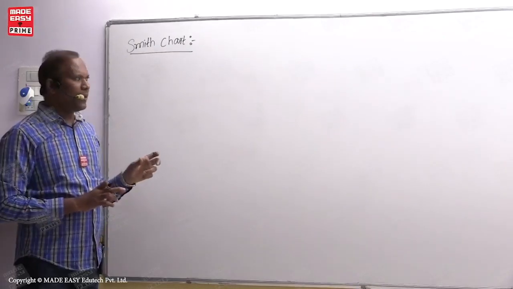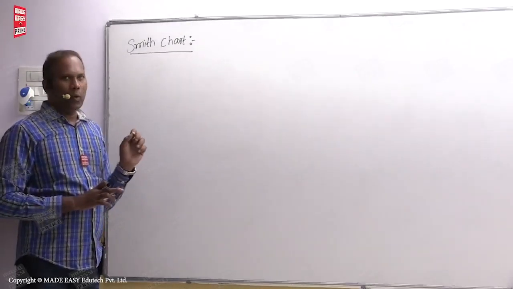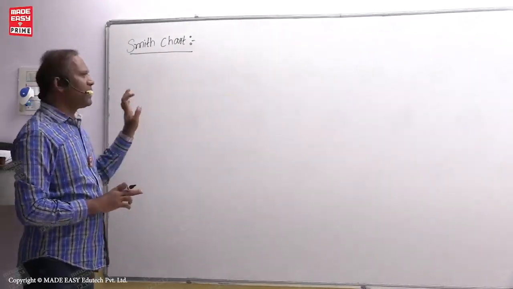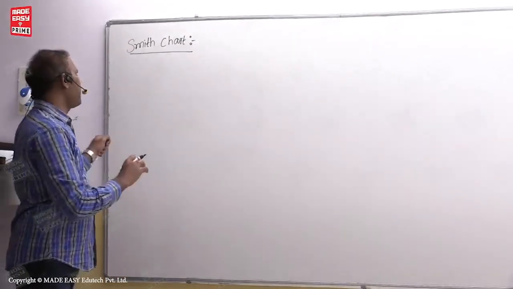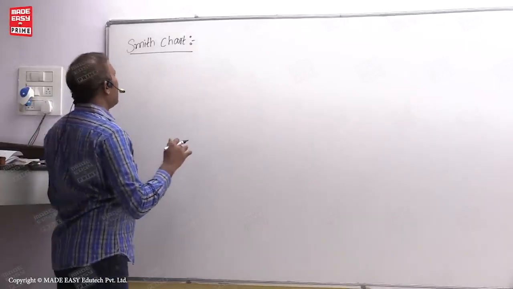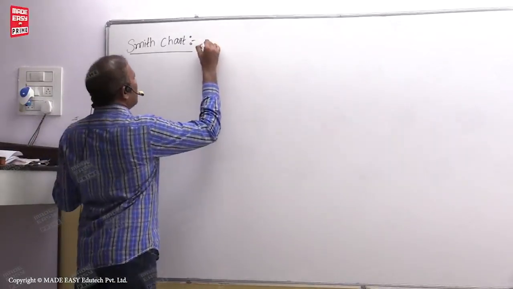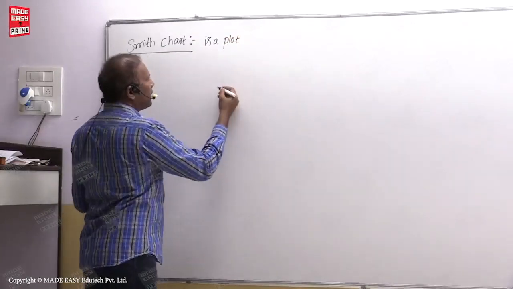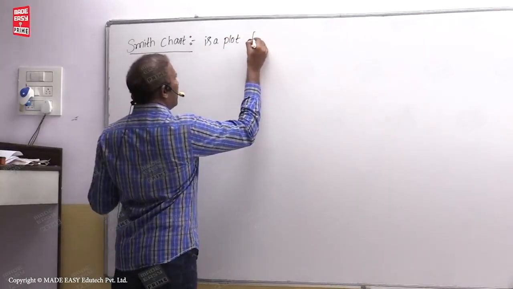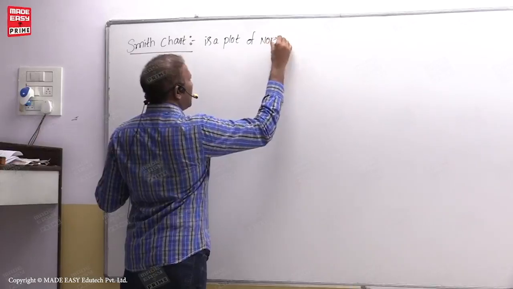अभी तक हम लोग जो equations पढ़ लिया, वही equations से ये स्मिथ चार्ट भी ड्रा करने वाले हैं हम लोग. तो ये स्मिथ चार्ट होता क्या है? स्मिथ चार्ट इज ए प्लॉट, मतलब डायग्राम है, प्लॉट ऑफ नॉर्मलाइज्ड